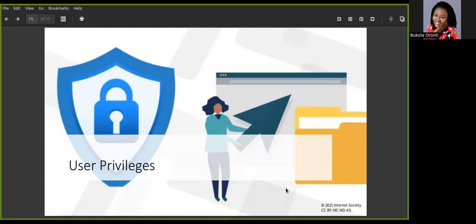It can perform any activity that it chooses to. Some of them that I would just like to talk about: it can read, it can write, it can delete, it can execute all files and directories, regardless of their permission settings. So as a root user, you must be very, very careful what you're doing or what command you are inputting. You can change permissions of any file or directory. You can add, remove, or update any Unix or Linux user group.